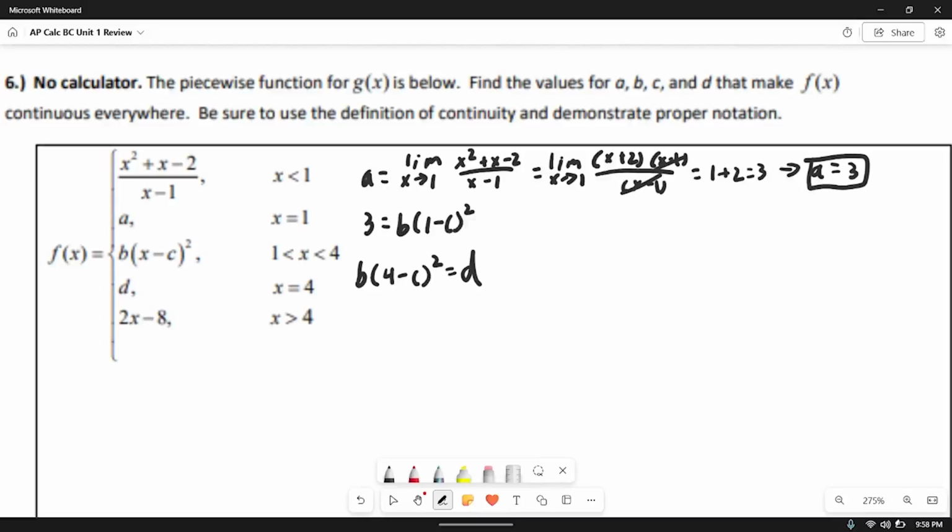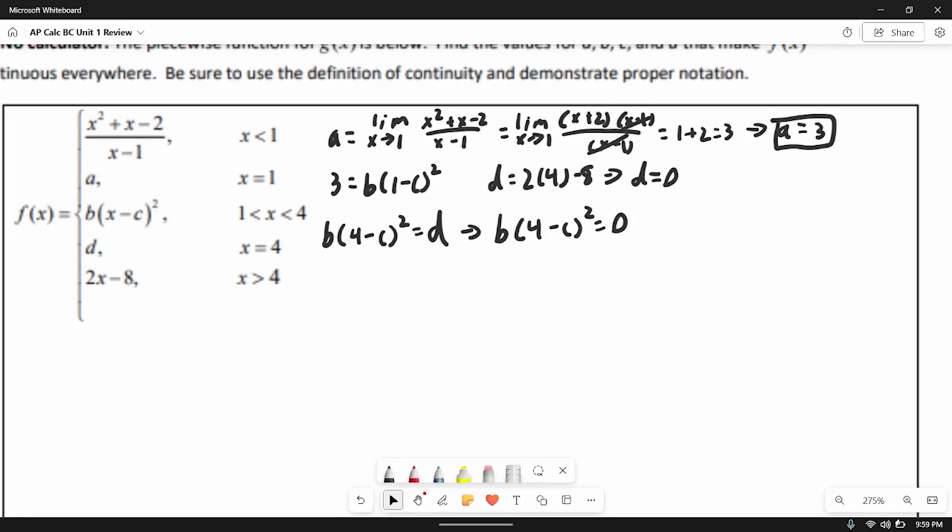And then these two need to be equal when we plug 4 into x for here. So let's do d equals 2 times 4 minus 8. So we get d equals 0. So now we can use this equation because we know b times 4 minus c squared needs to be equal to 0. And either b is 0 or